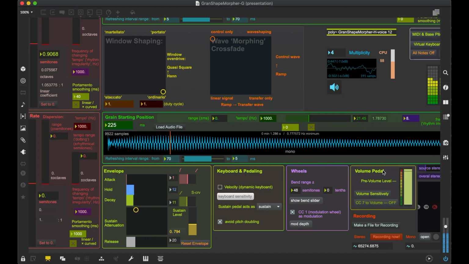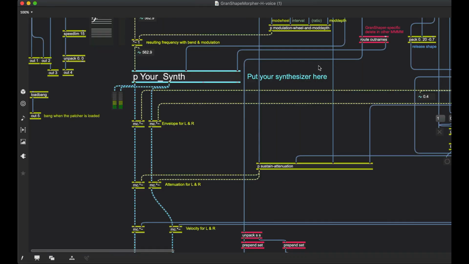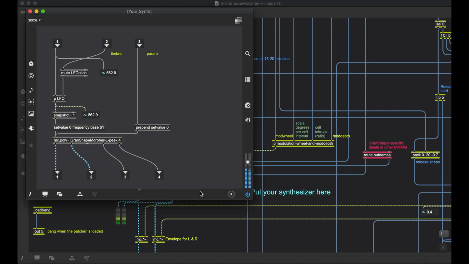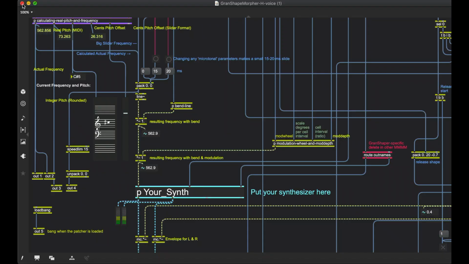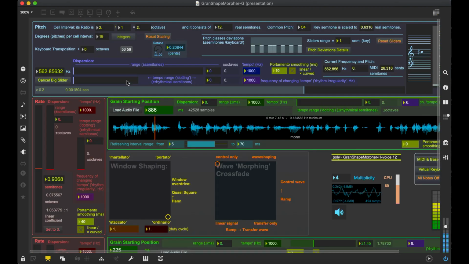MMM is made for making synthesizers more easily. You can open a single voice and see the sub-patcher with the script "put your synthesizer here." So you can put your engine and MMM will do the rest. I hope that the MMM standard will be the base of a sort of open library for synthesizers. I already made several ones using this framework patch.